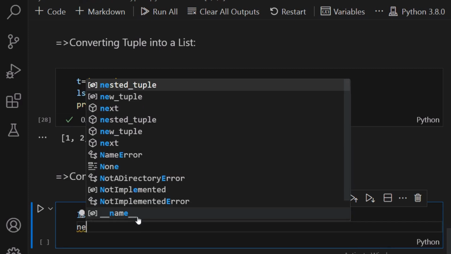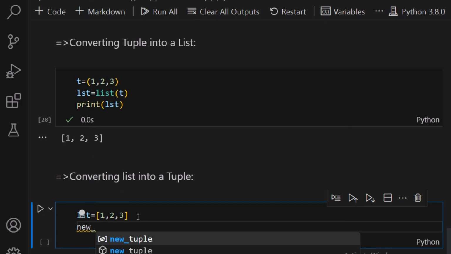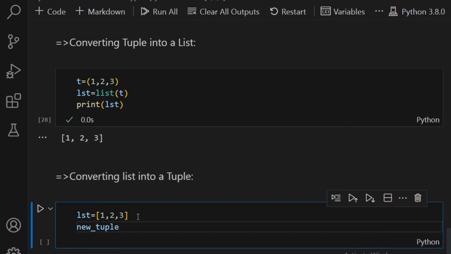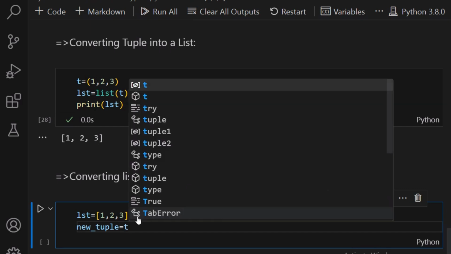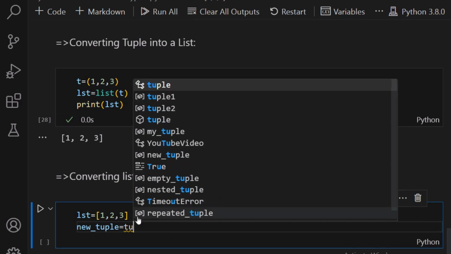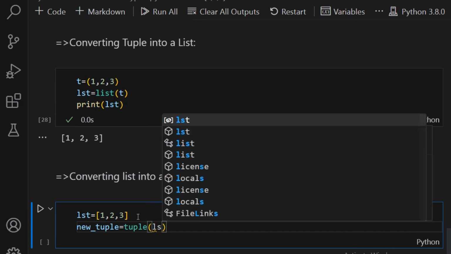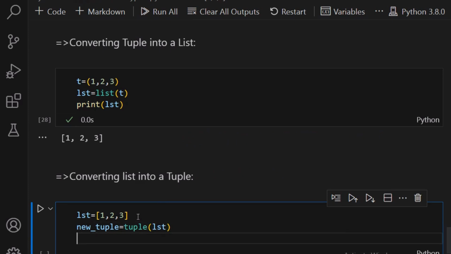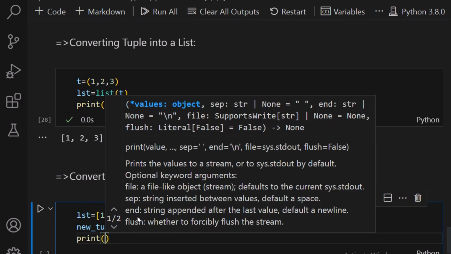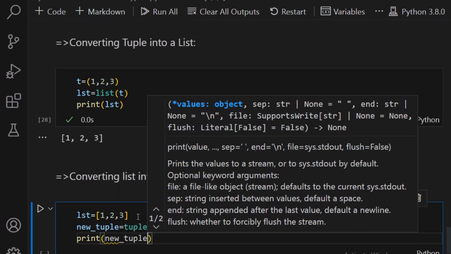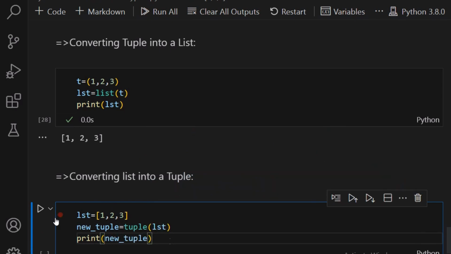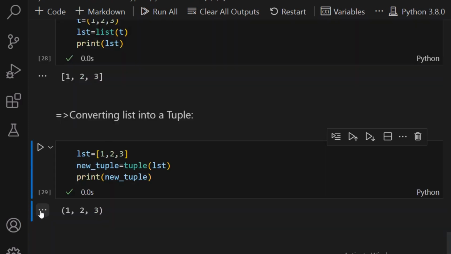We write variable new tuple equal to tuple lst. Print new tuple. We execute the code. Then this